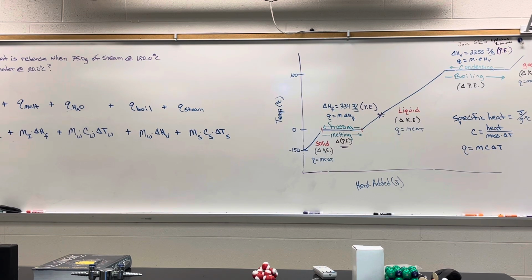That's just a general formula for everything, but we don't necessarily have to use them all. So you calculate the change from 120 to 110. mCΔT: 75 times 1.8 times